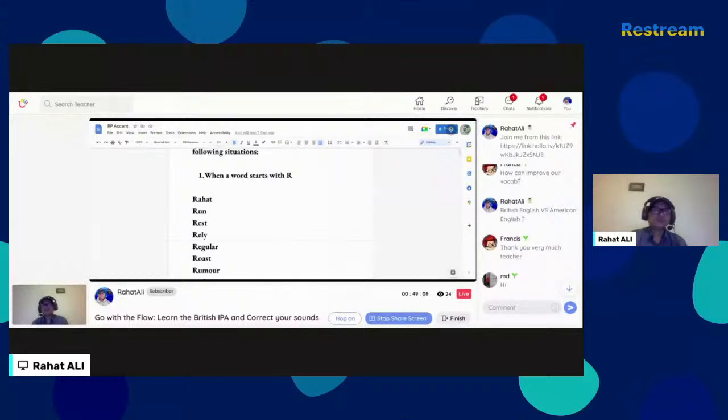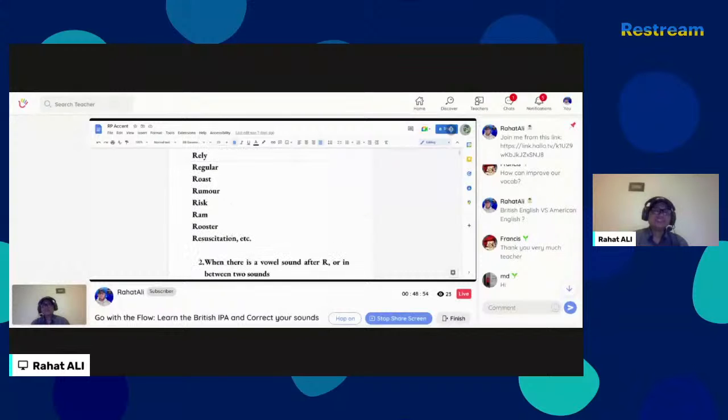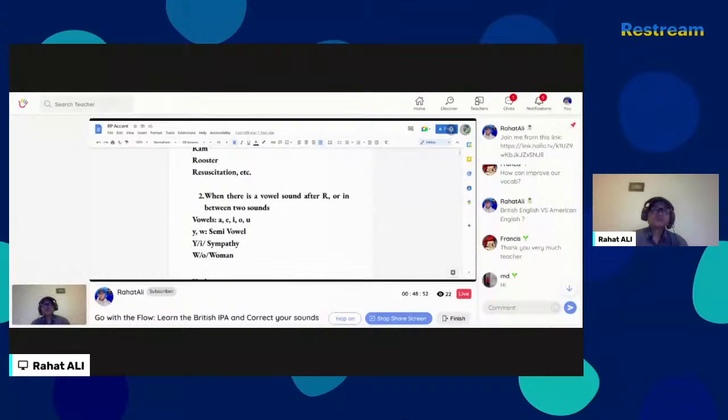Roast, rumor. But if you compare American English, it should be rumor, regular. See, the others are almost the same. Ram, resuscitation. When there is a vowel sound after R or in between two sounds,